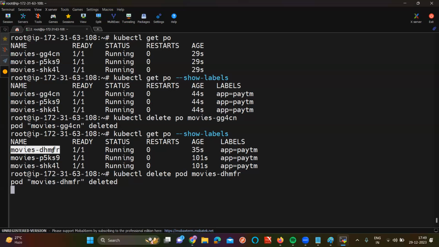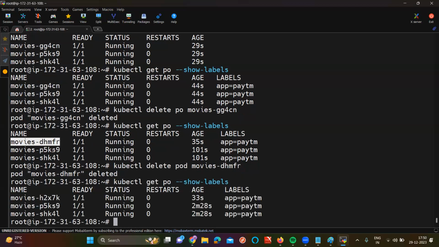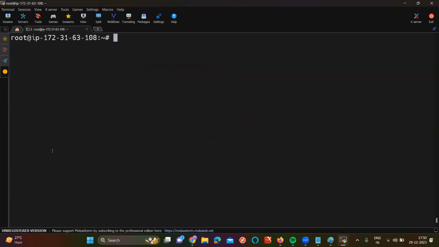That's it. And one more thing is, if you want to scale the replica set, you can scale it. The command is the kubectl scale command. I'll show you. See, again, how many pods will you be having, sir? 3 pods, right? Currently, you are having 3 pods. If you want to get more pods, kubectl scale replica set. What is the name of the replica set?